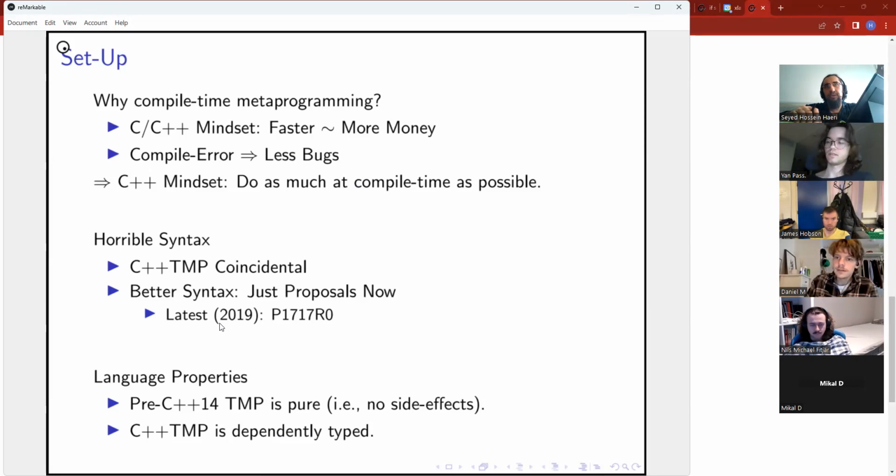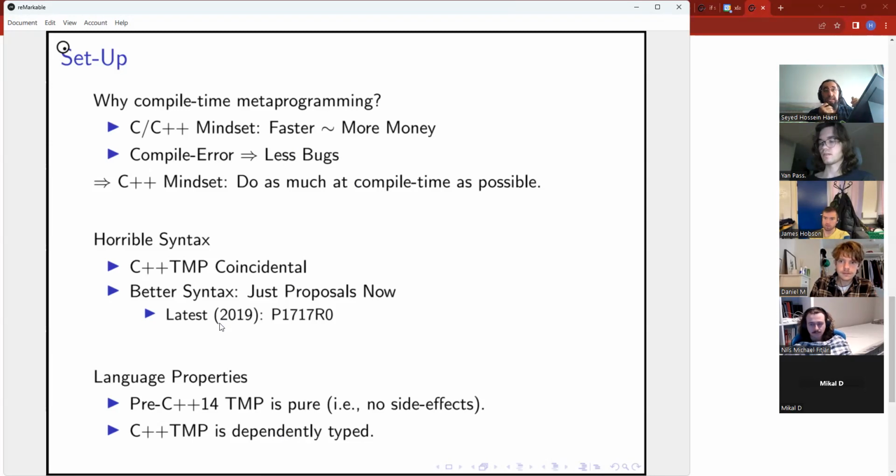If you can catch bugs at compile time, then your production code is less buggy, and therefore your code remains in the business for a longer time, and you need to provide less maintenance for it, which again means more money, right? So those are two reasons why in the C++ community you have the tendency of doing as much as possible at compile time.